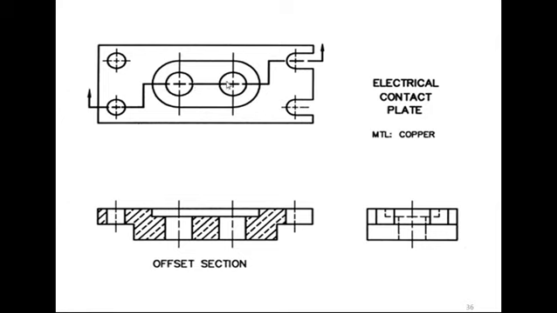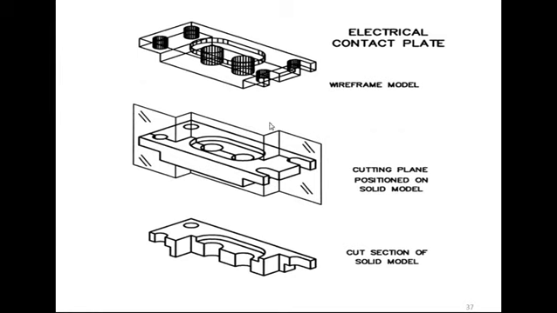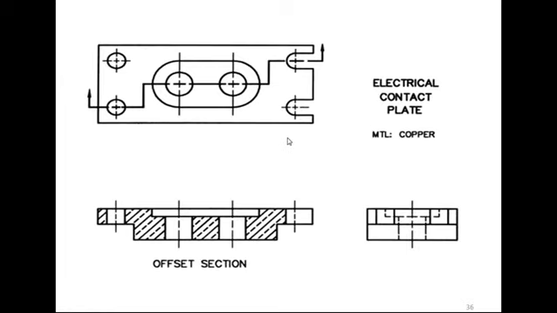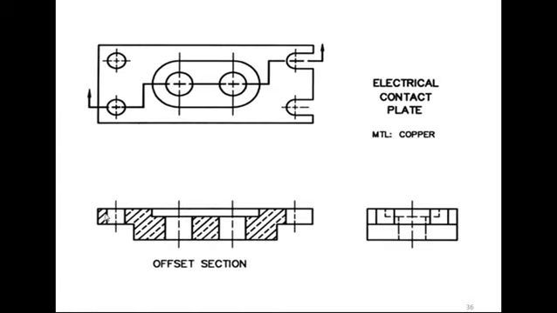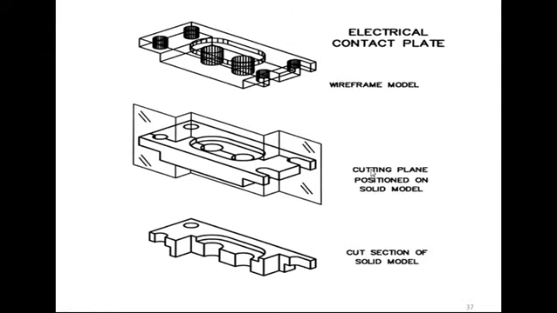We will bend this cutting plane at this level, and we will remove whatever the remaining portion is. Here we have taken this bending cutting plane, offset, when the holes are offset from each other. We will remove this portion, and then it will look like this. This is the offset, and whatever remains we have shown by hatching marks. This is one example.